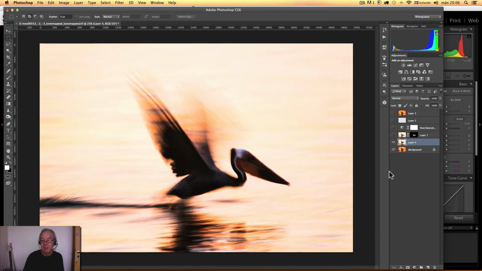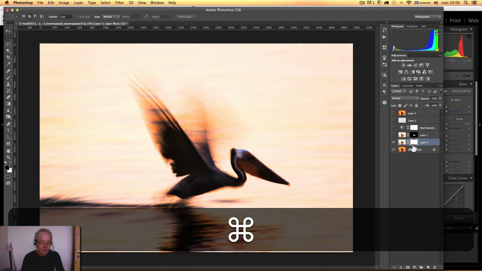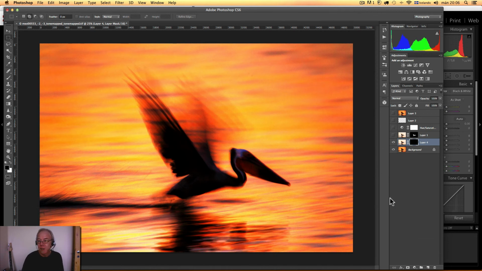It's this layer here. I add a layer mask. I invert the layer mask, so now we have nothing there. And then, as we see, black conceals, white reveals. I'll paint in the bird with white if I can choose it, right. So I'll paint it. I have now opacity of 45 and flow of 49. I would probably just leave it at full while working, but